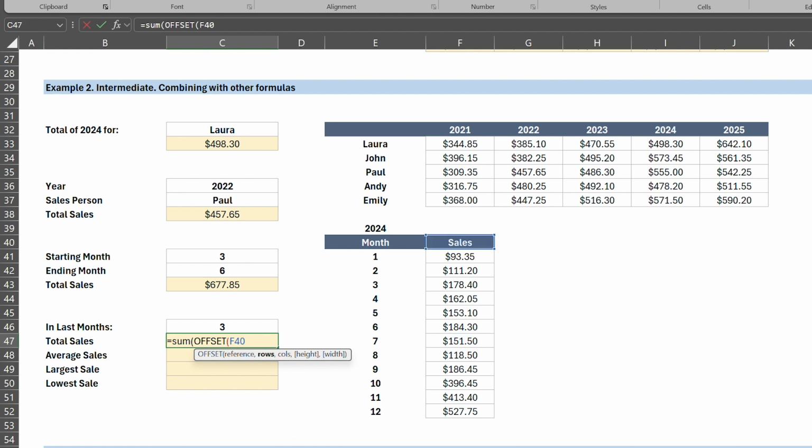table. And now, to make it dynamic, we can use the function count, or count A. And what it will do is that it will count the number of cells that have any input within the range we select. So we select the range for the whole year. The columns is 0, and the height will be minus and the number of months we want, in this case